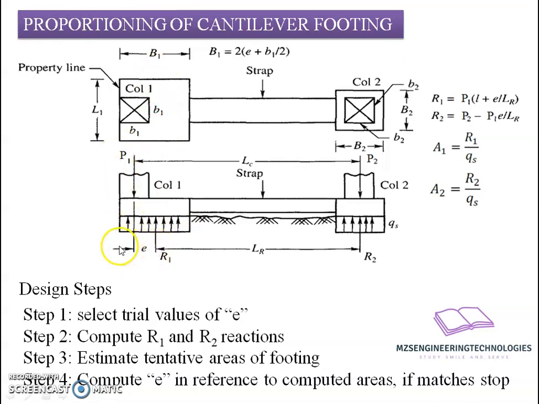This will be the centroid distance. If I take double of this, this will be the B1 distance. So B1 equals 2 into (E plus B1 by 2). Now after computing the values related to